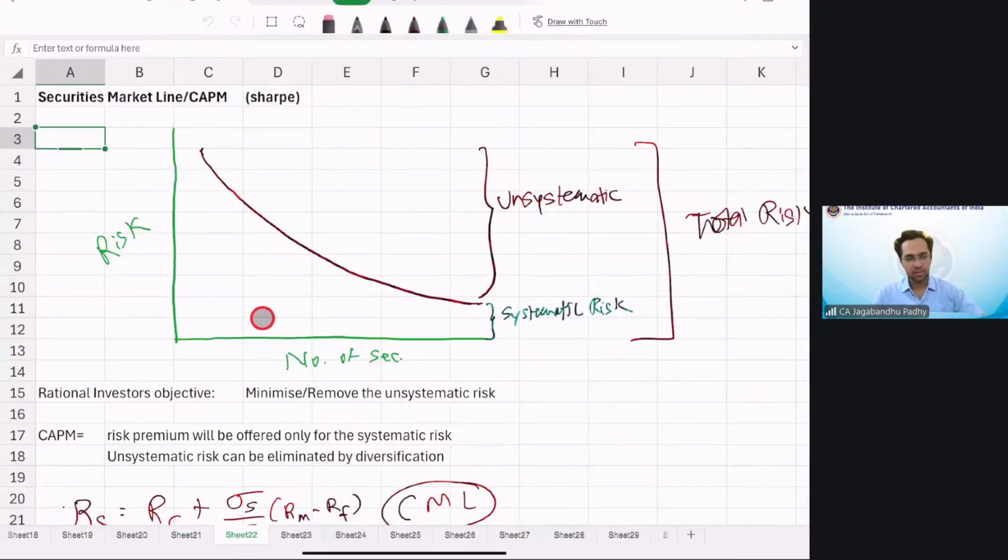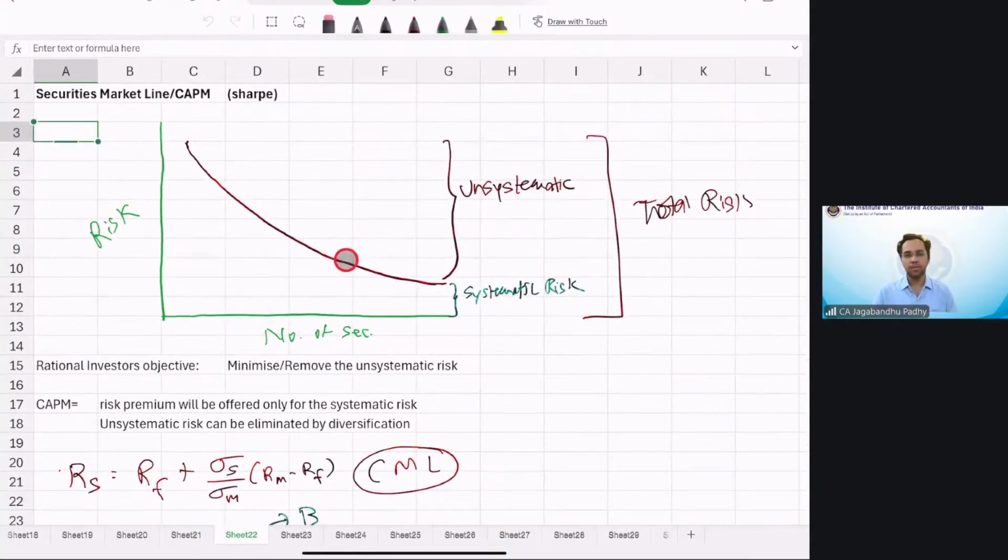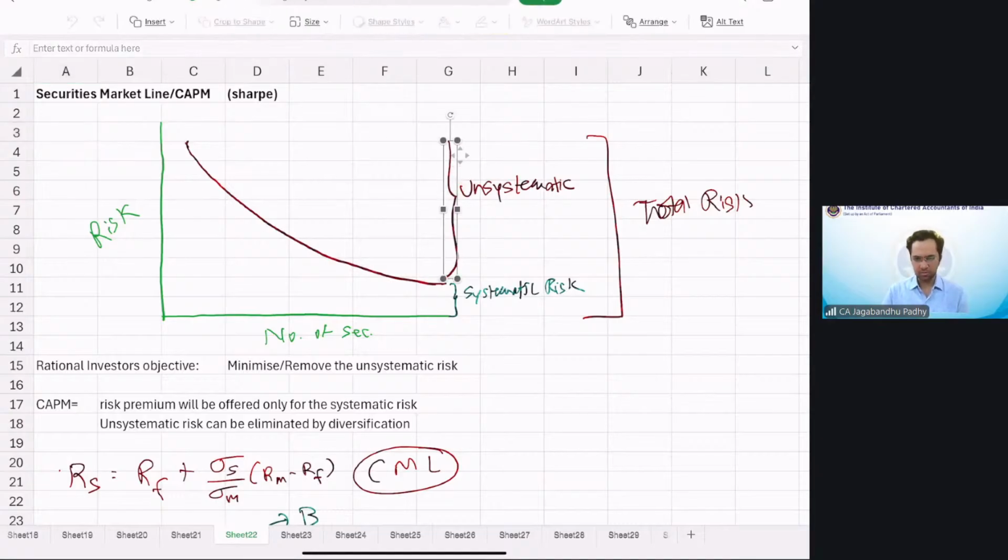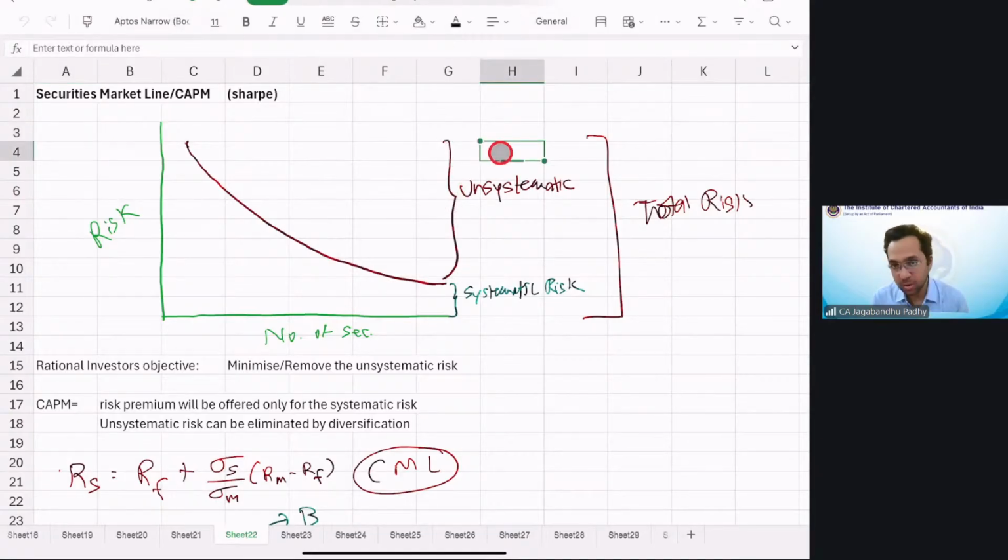And the CAPM takes into account that we are going to have two parts of the risk, one is going to be unsystematic risk, another will be systematic risk. So when it comes to unsystematic risk, it is a risk which is very much specific to the investor. I mean, specific to the company, and is going to differ as per the company or as per your investment. So this is your unsystematic risk, which obviously can be reduced, or in fact, which can be eliminated totally